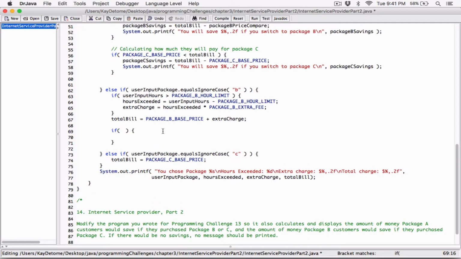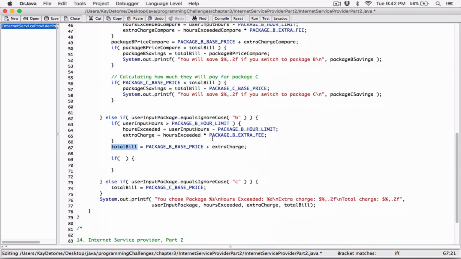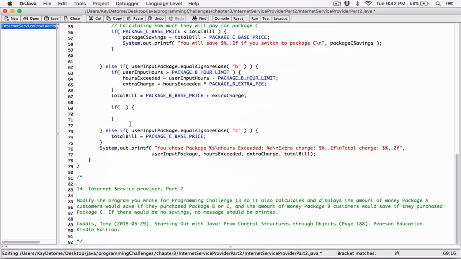what they are paying originally, their total bill for package B. Okay, I switched it, but what I mean to say is, because we know the total bill for package B, and we know how much they're going to pay for package C, which is $19.95, a fixed price, package C base price $19.95, we can go ahead and compare. I think when I was saying it earlier, I switched it. But what I mean is, because we know these two prices, we can go ahead and compare and say that